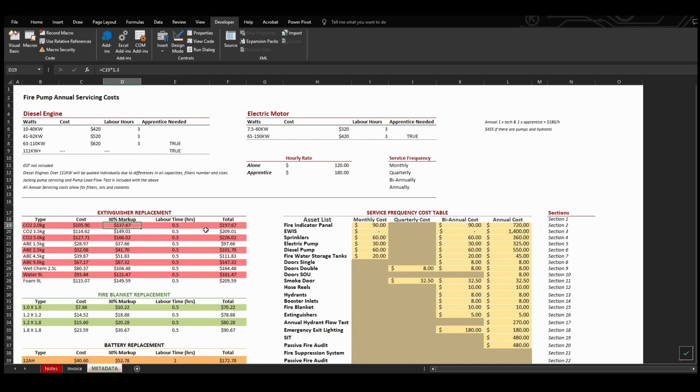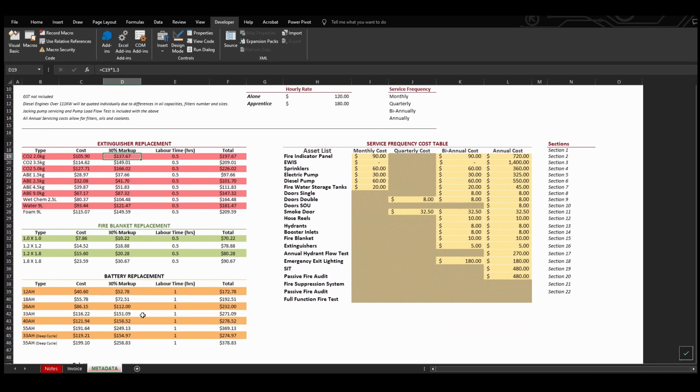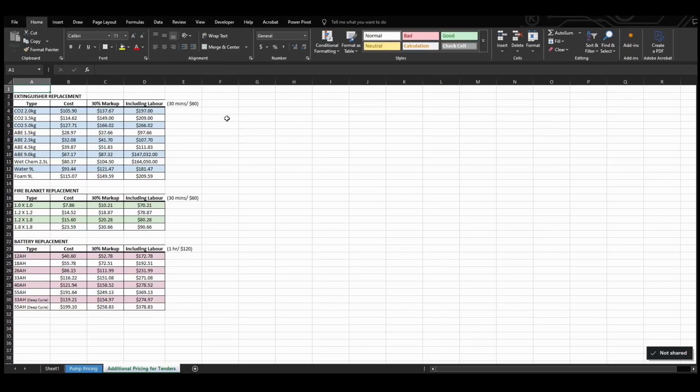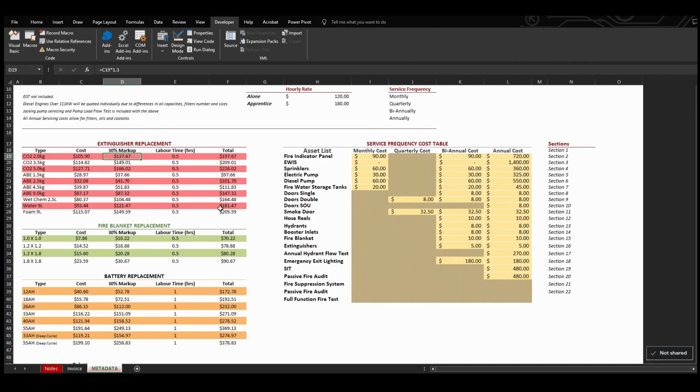I extrapolated the labor time based off of what the total was, because what you had on the right side, if you look at the original, you had your rates here. I don't know why you set it at $60 every 30 minutes, maybe because you only do it in range of 30 minutes, but I did it for an hour for everything, made everything easier, because it's the same rate anyway. But it allowed me to find out how many hours everything was. And then I added that extra labor time to everything,